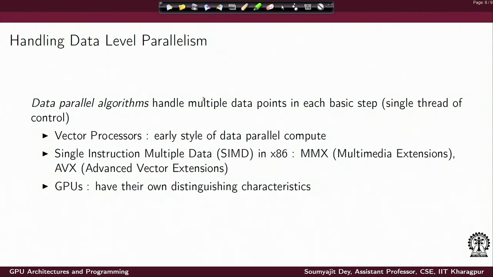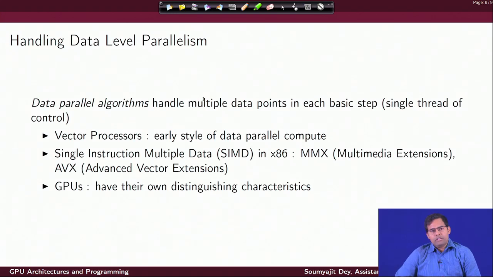So, we have always stressed, while we discussed the RISC pipeline, how a RISC processor will execute a single instruction using the standard fetch, decode, execute cycle. At the end of that we also discussed how parallelism is handled in general purpose processors, and that also leads to a specific kind of processing that we know as vector processors.